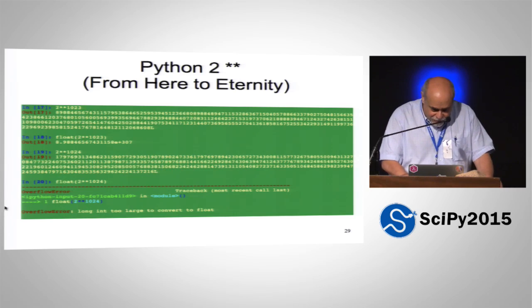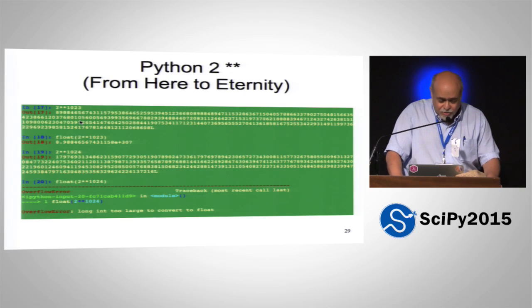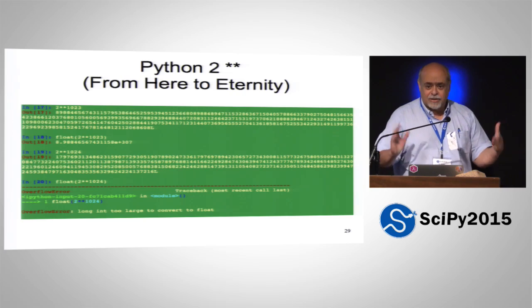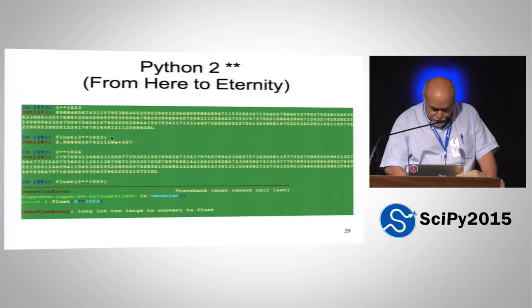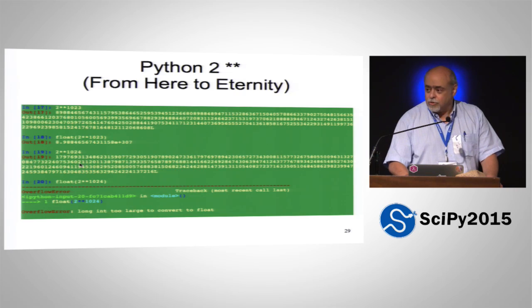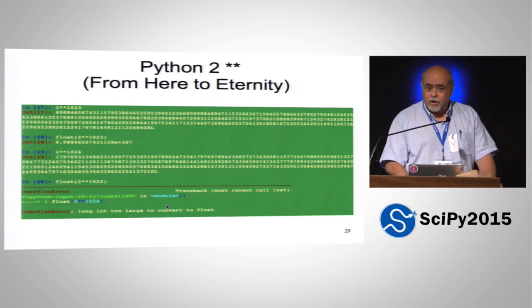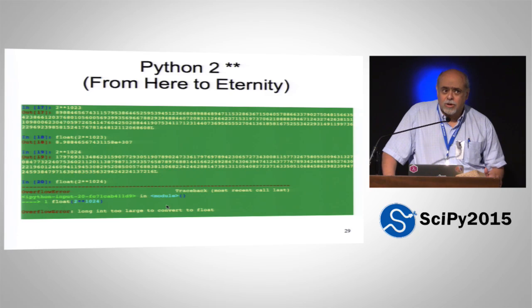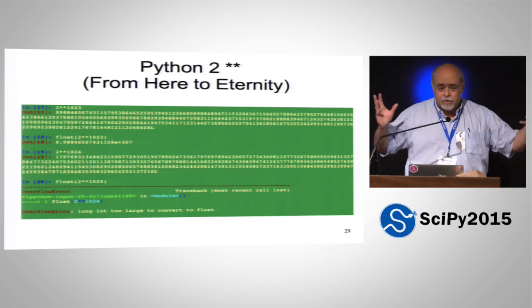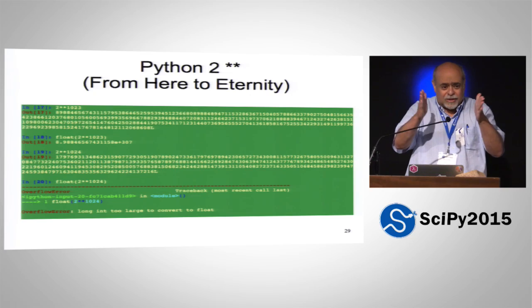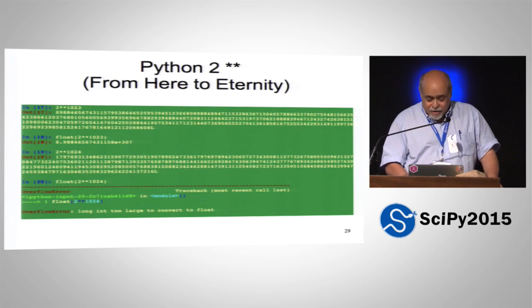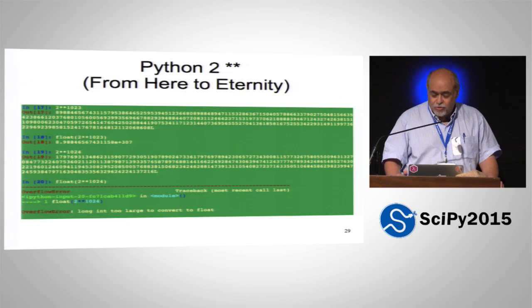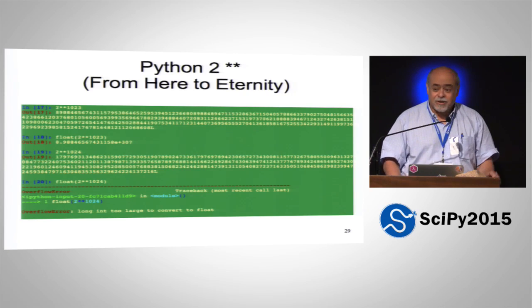Okay, so here we go. Here's 2 to the 1023rd power. That's 2 to the 10th minus 1. So we got that 10 bits that kind of sets the size of our exponent in some ways. We'll see right here, I can float this number, but I can't float 2 to the 1024. It dies. Too large to convert. So this is an interesting irony. Floating point numbers were created in order to let people use numbers larger than integers. When you start getting into the millions and the billions and the quadrillions, you want to keep it under control. And here we have that if you want to go past 2 to the 1024th, about 10 to the 308th power, you're stuck using integers,